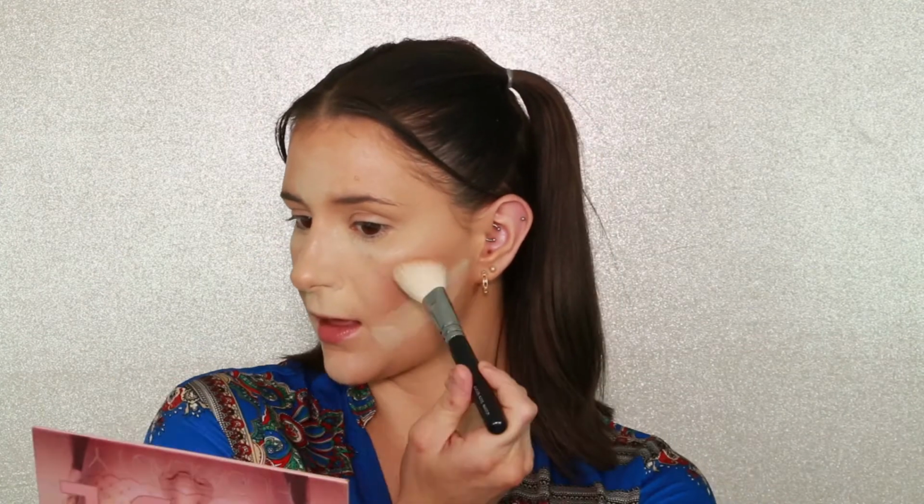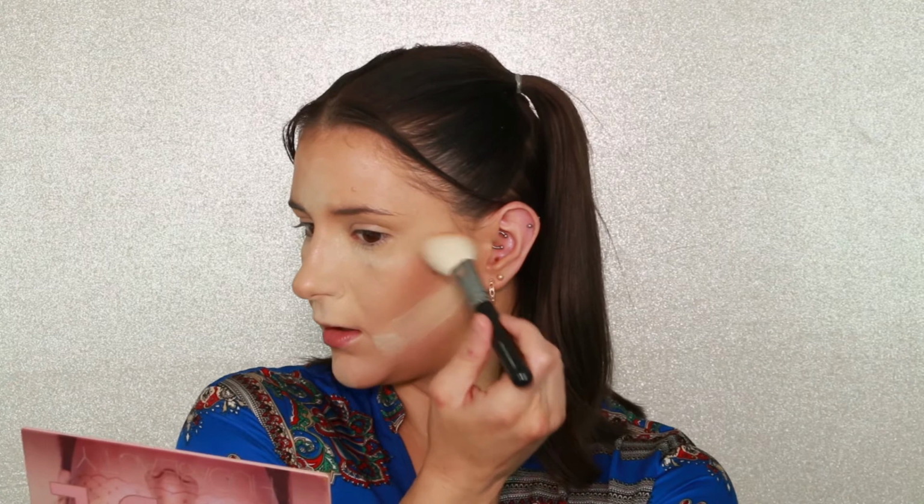Taking the 127 Zoeva Luxe Sheer Cheek Brush, and with MAC Cosmetics Give Me Sun, I'm going to start bronzing. When I bronze, I do it slightly above my contour, and I like to avoid the cheek area and just start here. I'm working it up into my temple,